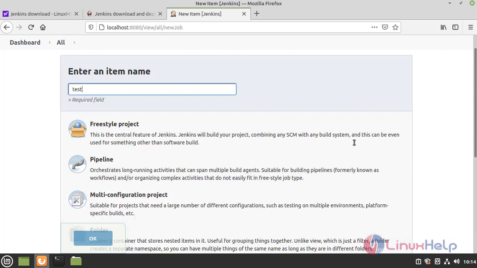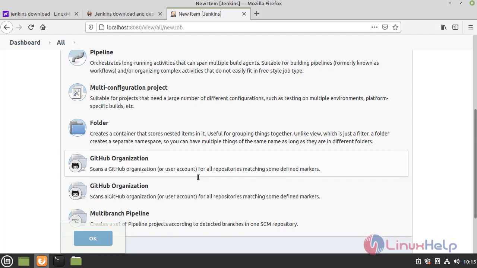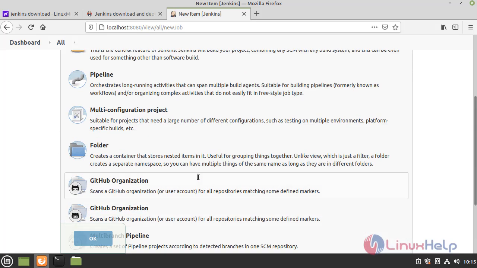If you select the freestyle project, you can configure your project as you like. If you select the pipeline, it can depend on other projects also. You can select multi-configuration projects and folders, and you can integrate GitHub with Jenkins. Here I will select freestyle project.